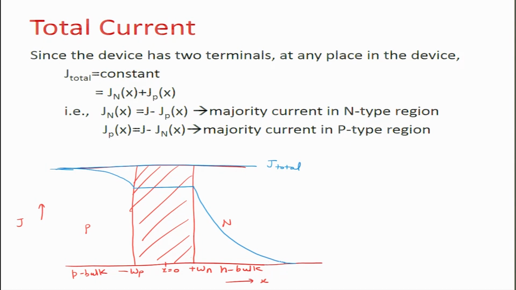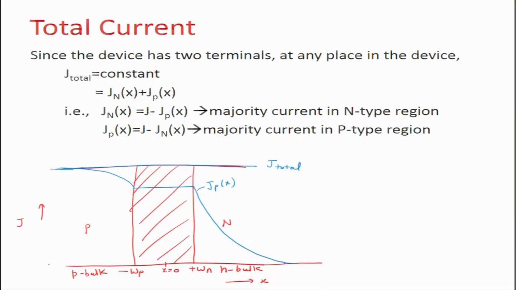So which current is this going to be? This is going to be the hole current, Jpx, because the holes become minority carriers on the n side. When they come to this side they are large in number, but as they travel in the n region the number reduces because of recombination with the electrons available there. Similarly, if you plot for electrons, the electrons will show a variation like this.